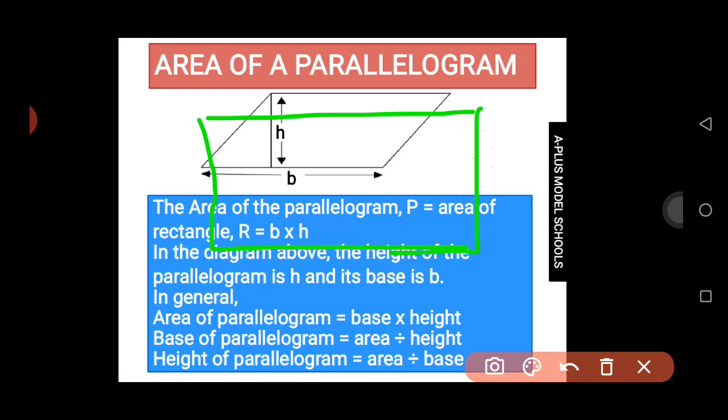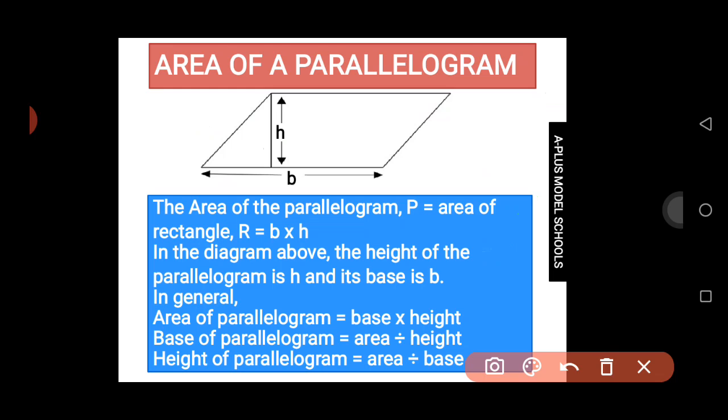Now, looking at this shape very well, if I come to this edge and I shift this edge a little bit to the front, it will affect this edge as well, because this edge will also move like this. Something like this. This edge will also move here. So when you look at this shape, you will see that it looks like a parallelogram. So we got the parallelogram from a rectangle,